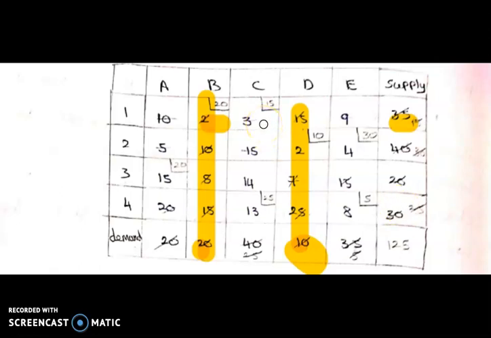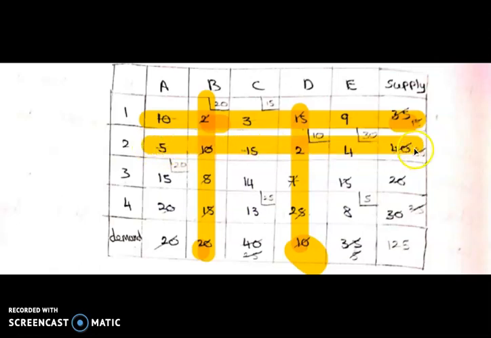Again I choose 3. The remaining value here is 15, and with 40 we assign the minimum, 15. Then 40 minus 15 is 25, so hereafter there is no use for this particular row. Similarly, among the remaining values, I choose the minimum, which is 4. The remaining value is 30 and the other is 35; the minimum is 30, so I assign an allocation of 30. This row also has no further use.